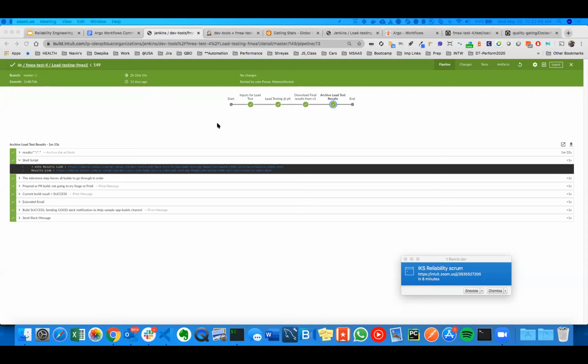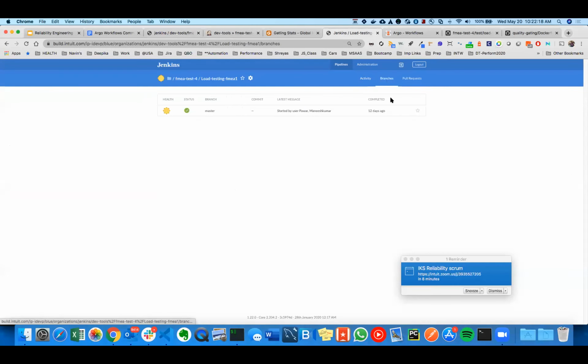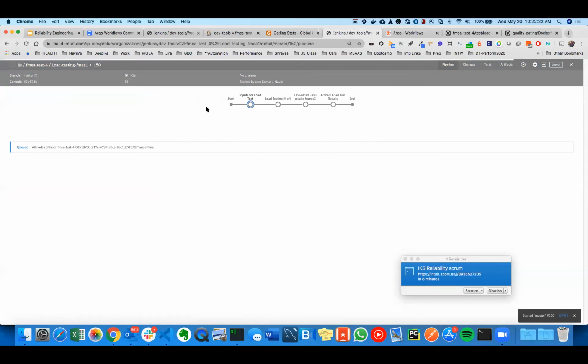So this is the Jenkins file like Sumit was walking through, wherein we can perform the load testing execution using Argo from the Jenkins pipeline. I will trigger one of the tests from here, and I will give a shorter duration so that it may complete during the demo. The shortest it usually takes is 4 minutes, so I will try one of the 4 minute tests.